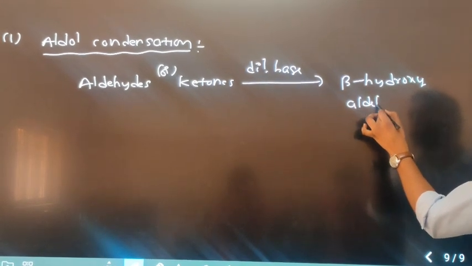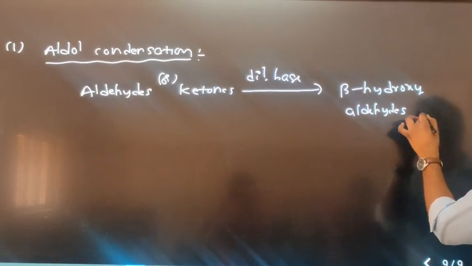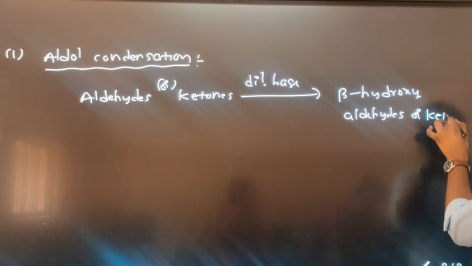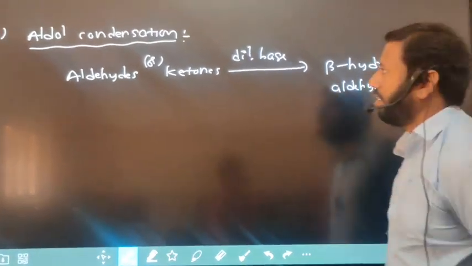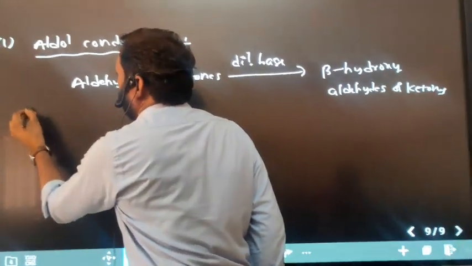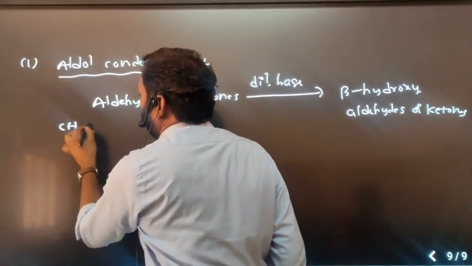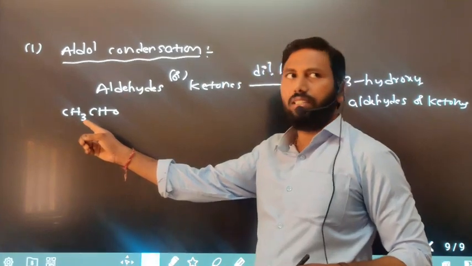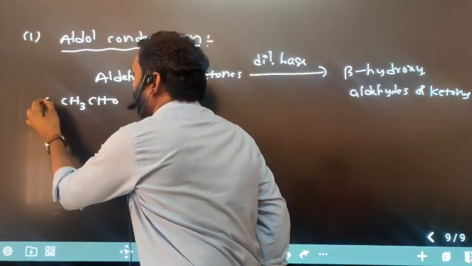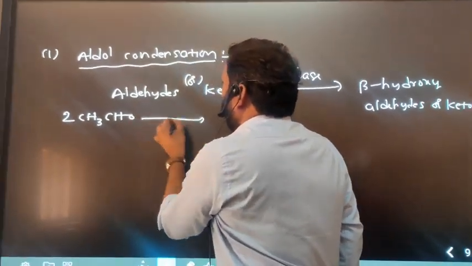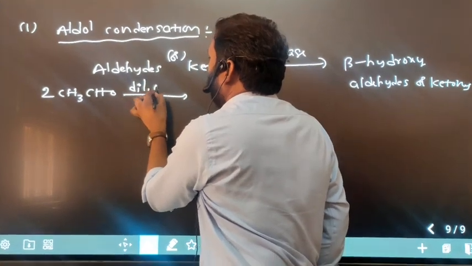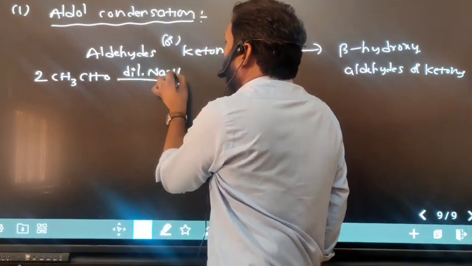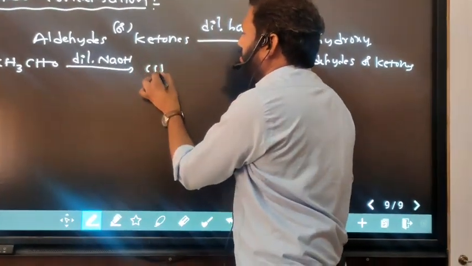aldehydes or ketones. Beta hydroxy aldehydes or ketones. For example, I am taking acetaldehyde. Does it contain alpha hydrogens? Yes, it contains alpha hydrogens. I am taking 2 moles of acetaldehyde. When it is treated with dilute base, it can produce